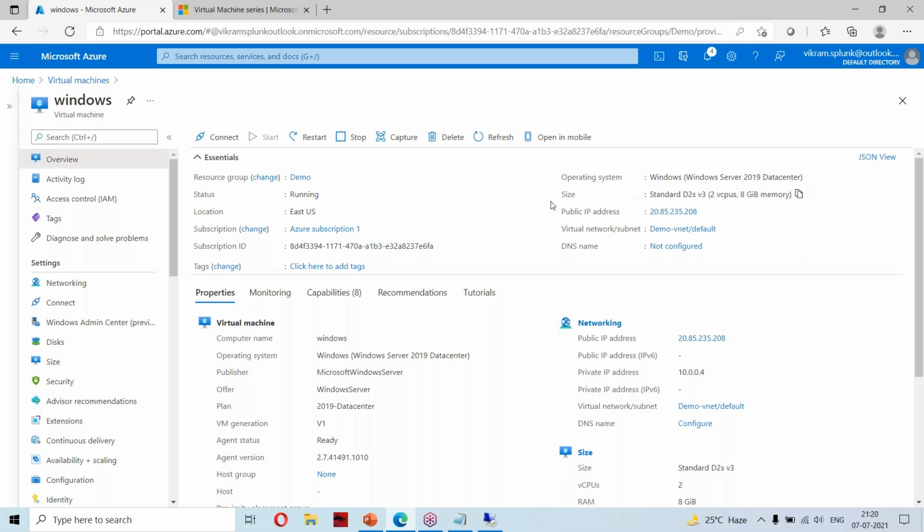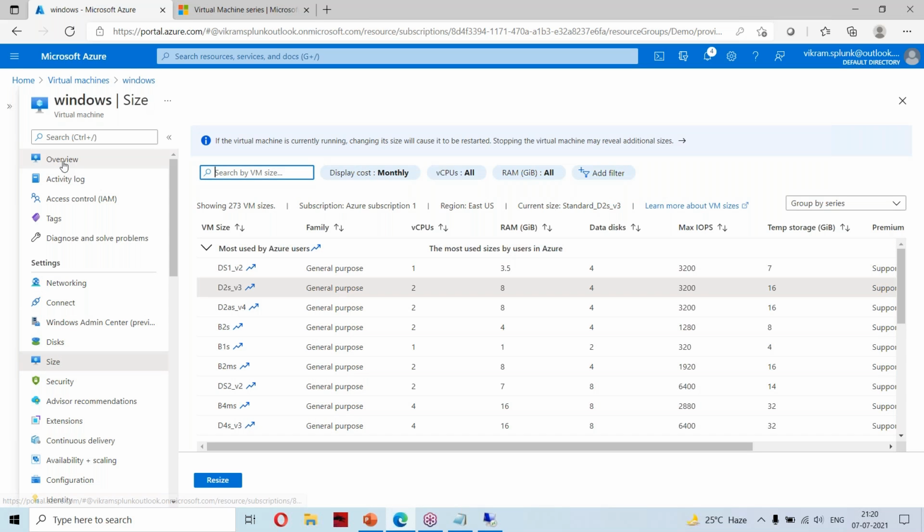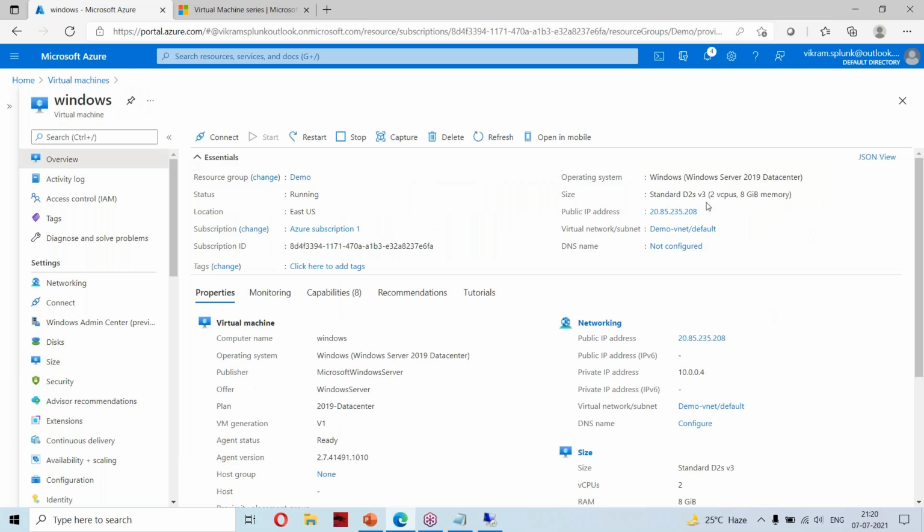If I want to change any size, when would we use that? Disk I know: you need a disk if you want additional drives for backups or for deploying applications. But why do we need sizes? On which occasion will we be changing the size of the VM? Any guess?